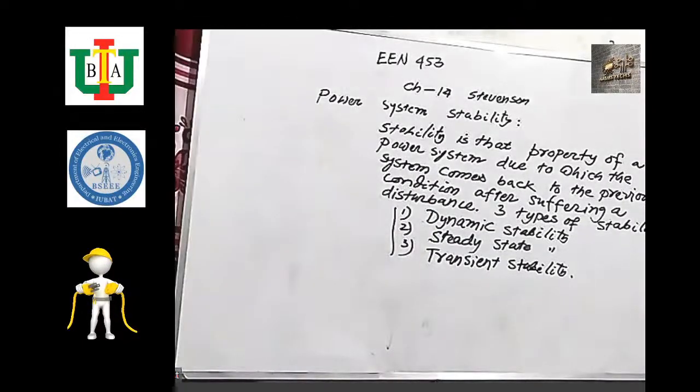You see, stability is that property of a power system due to which the system comes back to the previous condition after suffering a disturbance. Here disturbance means